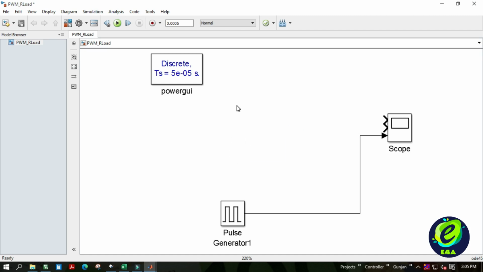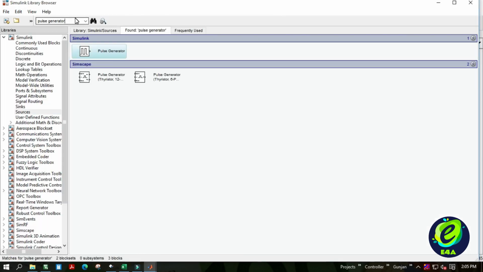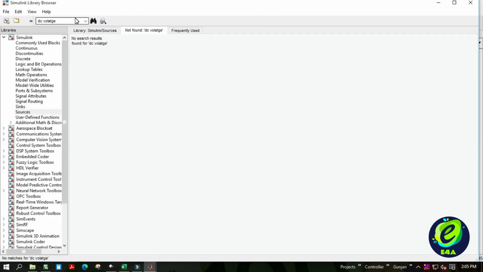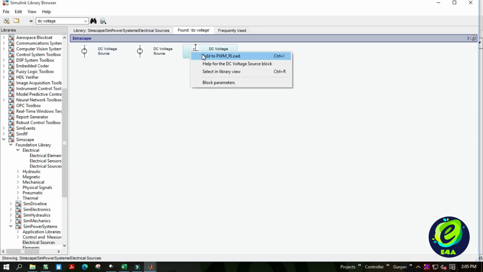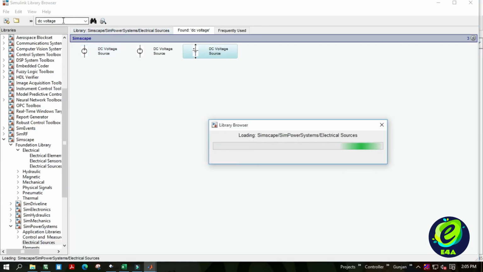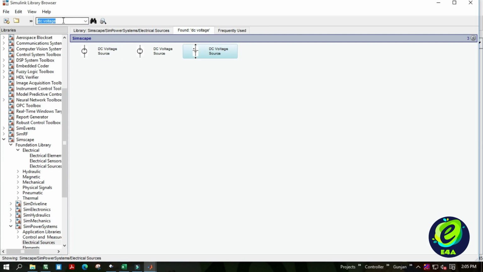Let us add components for the simulation. We will start with the DC voltage source. Then we will add MOSFET.